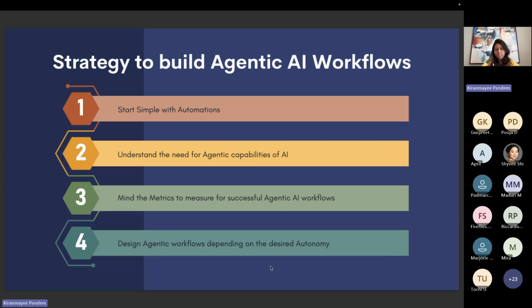Finally, considering all these, design the agentic workflows depending on the desired autonomy. It's not like we can just give complete autonomy for everything. There are very high risk possibilities, especially when it involves, let's say, some clinical use cases. You can't risk a human life where the AI agents are making the decisions. There is always that human in the loop element. So basically, it's the human judgment in high risk cases, and also making sure that the success rates are not causing